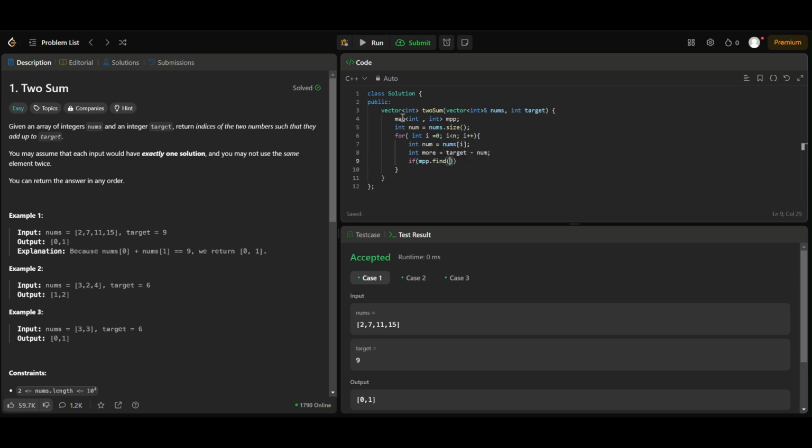Then I need a conditional statement: if mpp dot find more is not equal to mpp dot end,